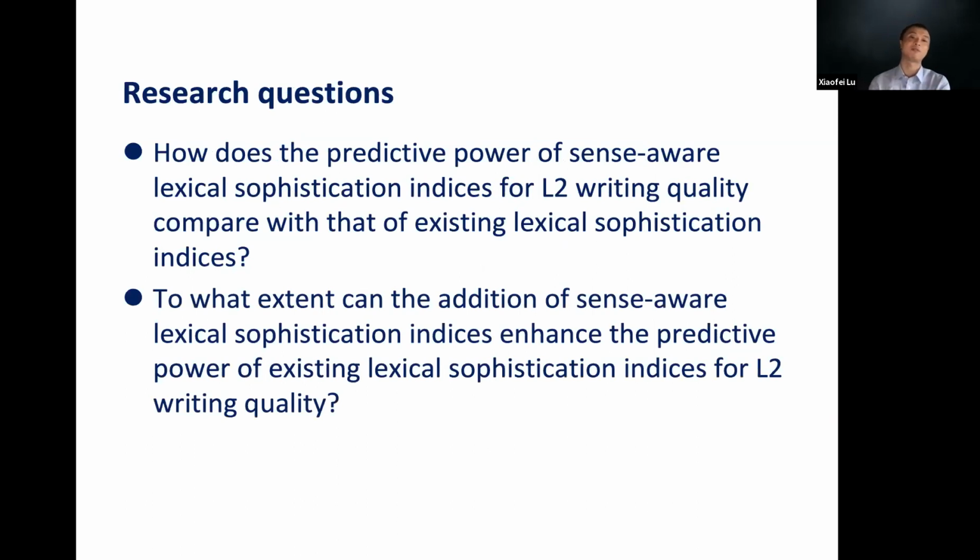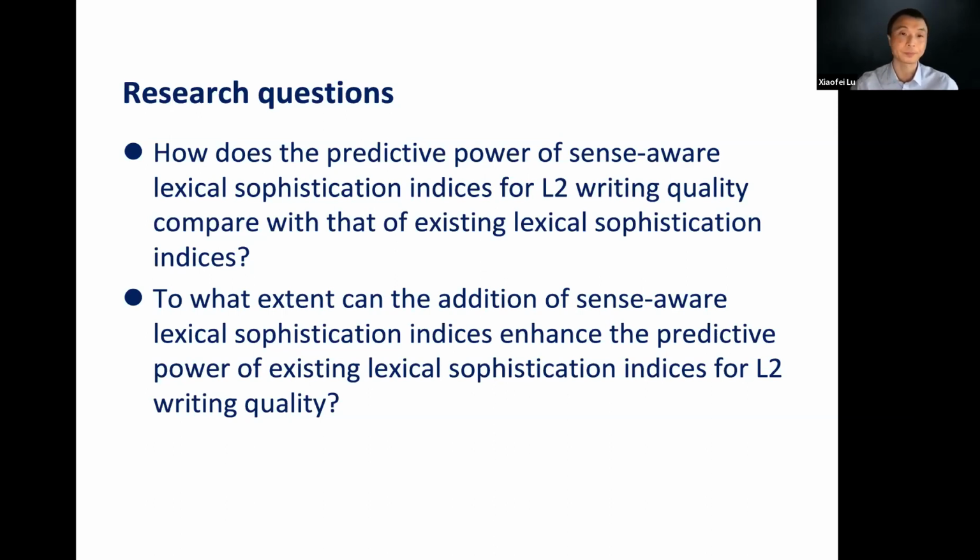How does the predictive power of sense-aware lexical sophistication indices for L2 writing quality compare with that of existing indices? And how does it do in combination with them? We're not trying to be competitive. We're trying to see whether, if we add this information, we can improve the power of lexical sophistication indices. But of course, we do want to see whether these indices would contribute on their own as well,